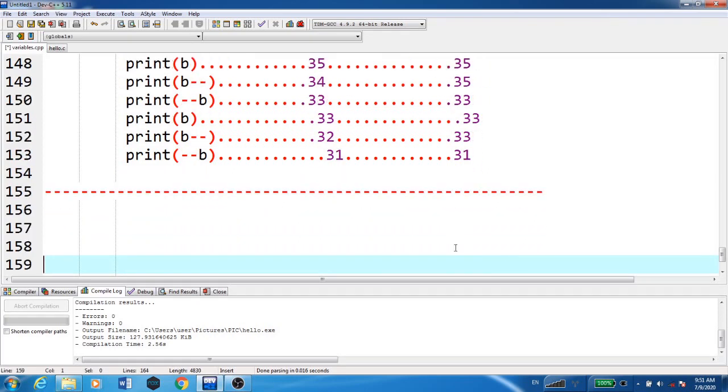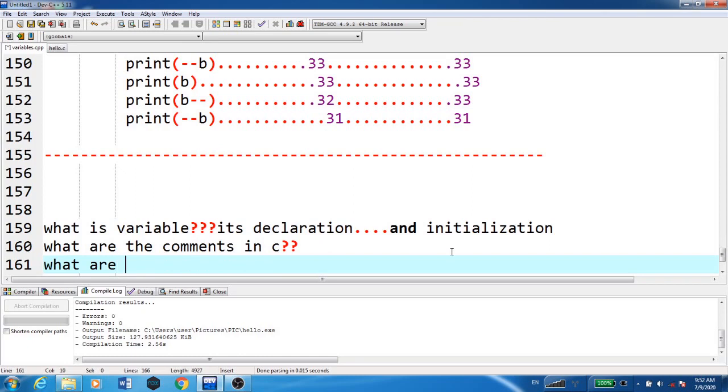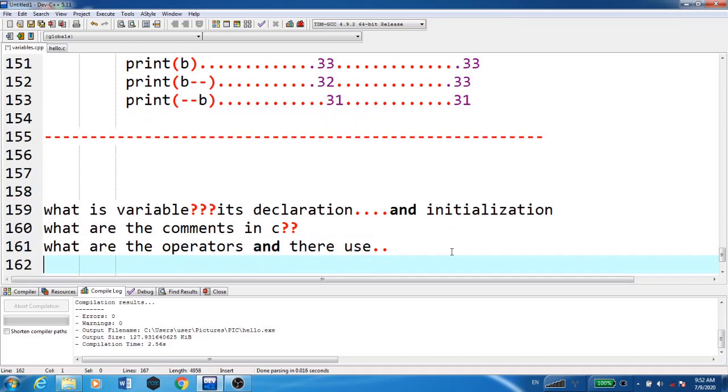So till now what we have done, we are clear with the topics of what is a variable, its declaration and initialization, right? Next, what are comments? Next, what are operators, types of operators and their use, and also the special characters, that is escape sequences, right?